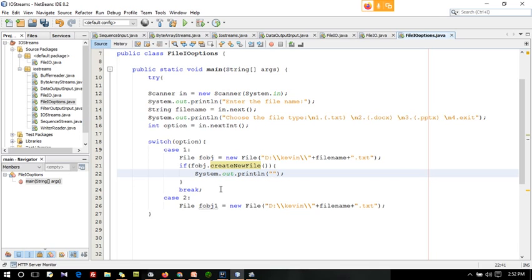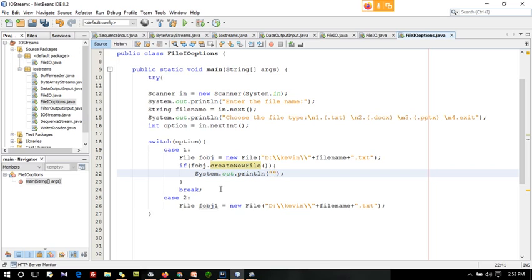The thing is, inside each case you want to use a unique name for the object, and do all the operations like create file inside it. Or else you can create a separate user-defined method and call it after the file object creation; inside that method we can write create new file.